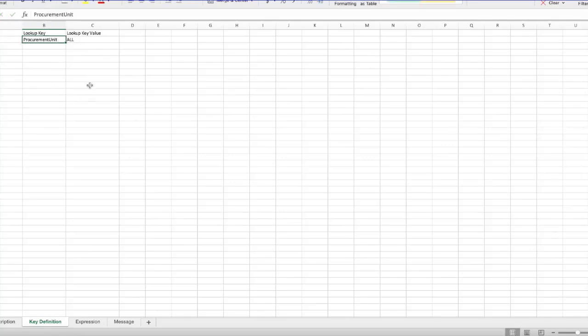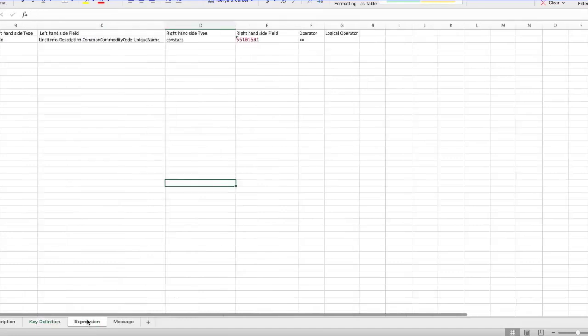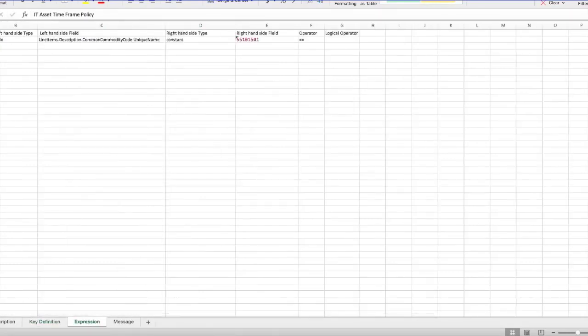The only lookup here at the moment is the procurement unit. So if you have multiple procurement units set up in guided buying, you can split it up there. If you want this to be applicable to all users regardless of their procurement unit, just set the value to all. If we go to the expressions tab,